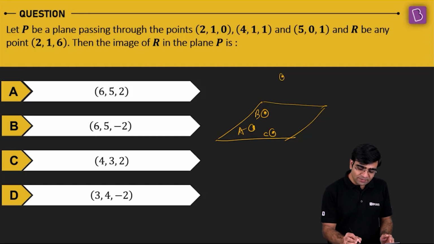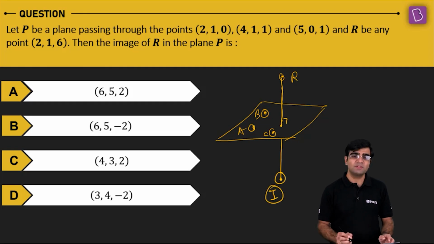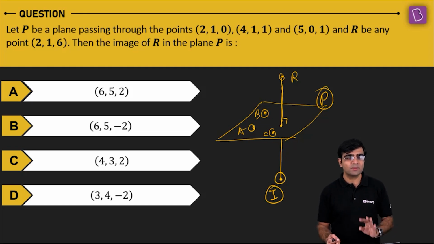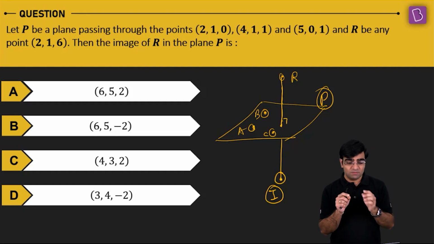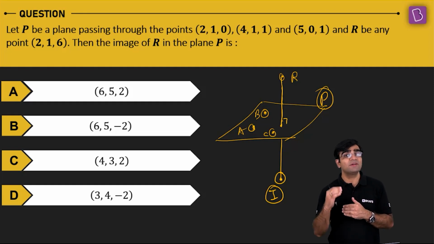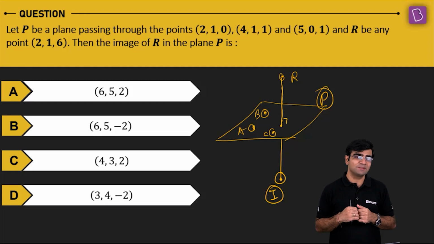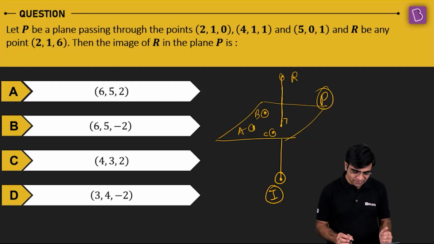Now there is a random point, some R, and I want the image of this R with respect to this plane. So basically, the image will be somewhat like this, and I want the coordinates of this I with respect to this plane P. Are you getting that point? Understood the question? Okay. So my aim would be to first of all find out the plane equation, which is containing all the 3 points. Got that? Second one, once you have the equation of the plane, you have to apply the formula for the image of the point with respect to a certain plane. Right? Let's quickly begin with it.